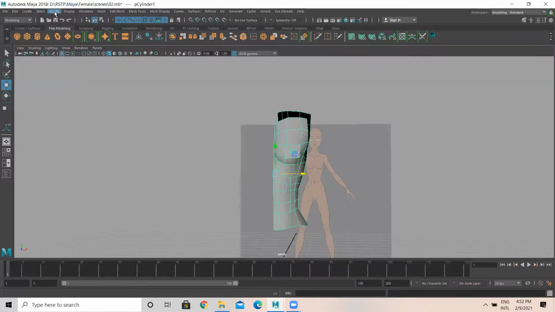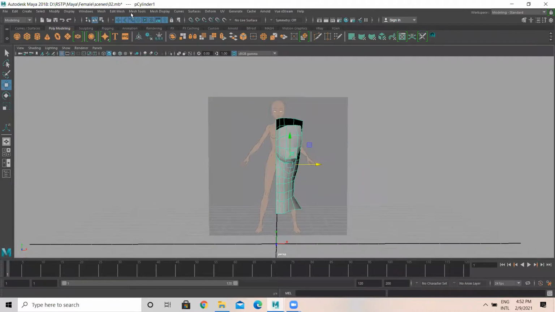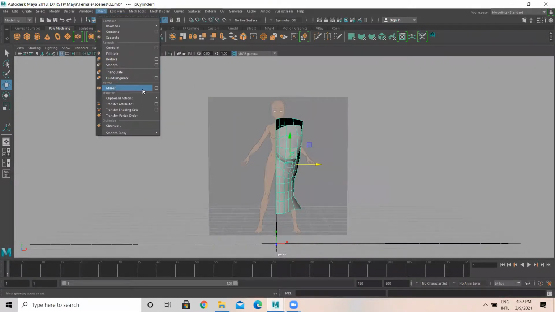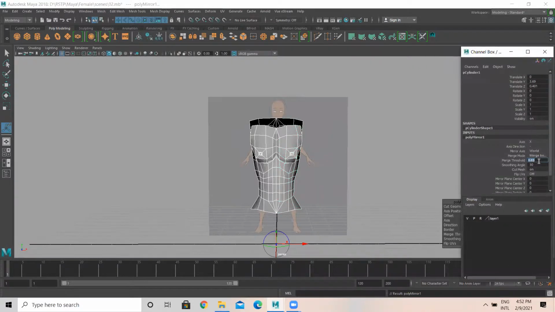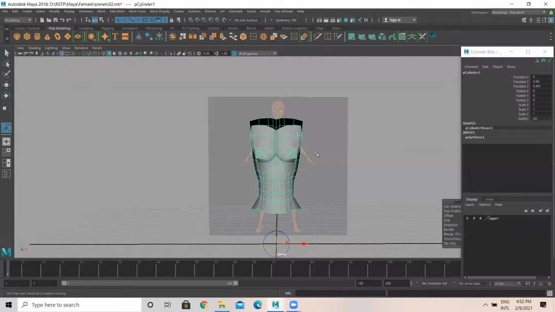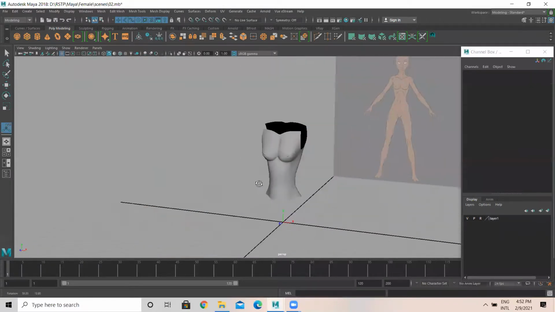Okay, so Modify, Center Pivot. Now what I'll do, just in Mesh, just mirror this in -X. Okay, after mirror, merge threshold 0.01. Now select this, press 3. This is what you are getting.